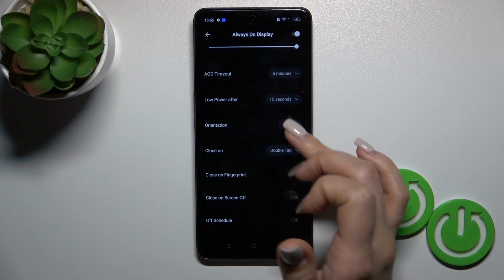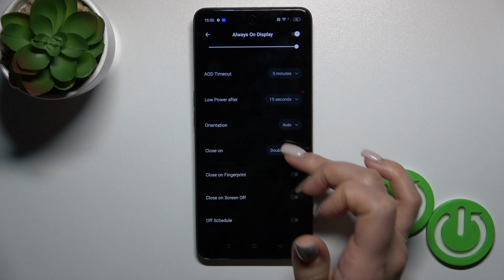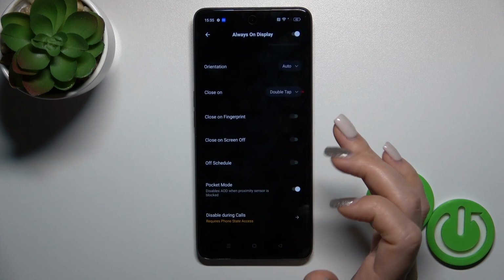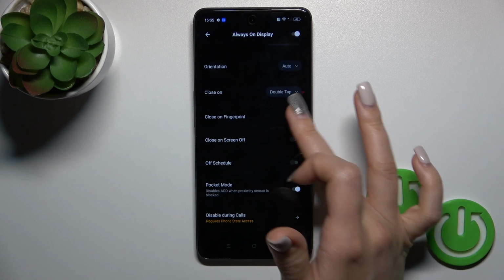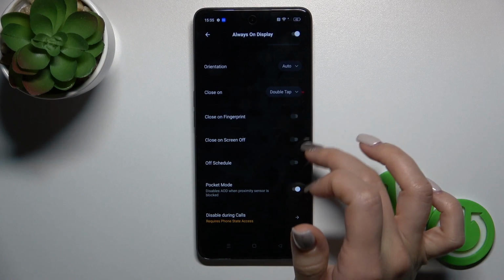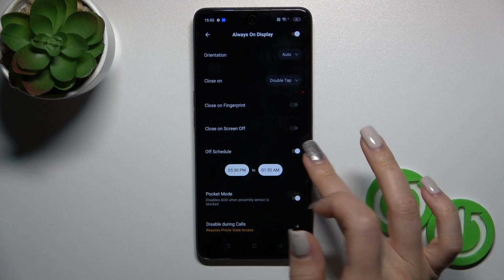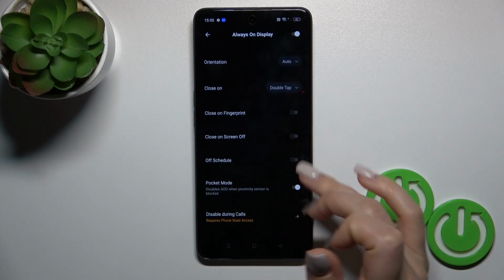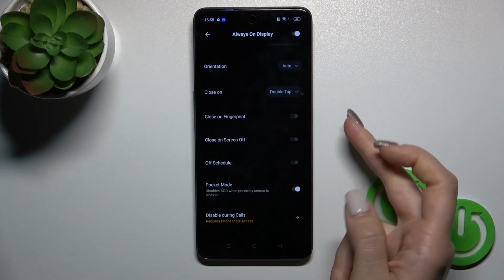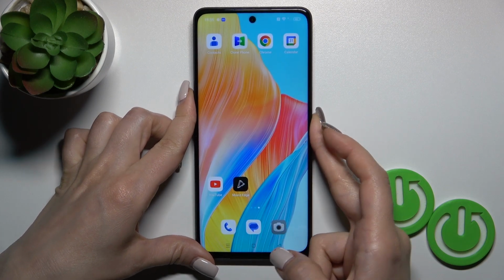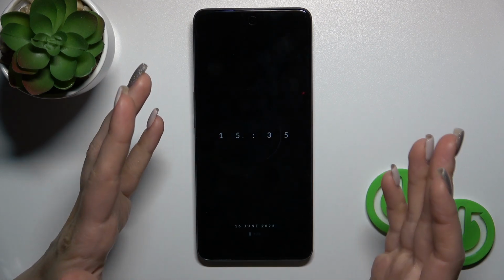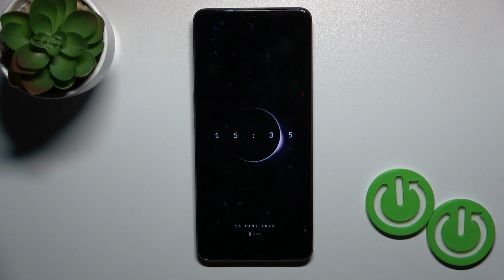after time, to change the screen orientation, close it by double or single tap on the lock screen. If you use fingerprint unlock method, you could activate the switcher to close it on fingerprint, on screen off, to set the shadow, the start, the end time, to use it in a pocket mode, and to disable the AOD options during the calls. So that's it, that's how to customize AOD option on our